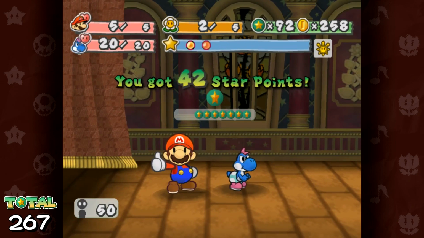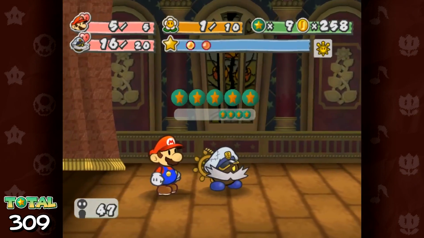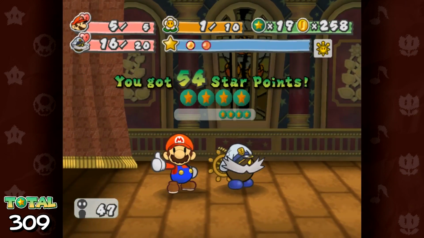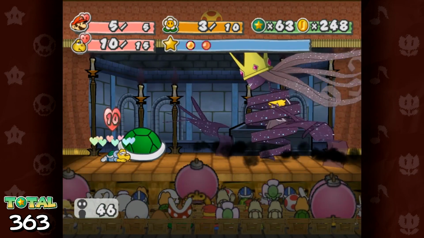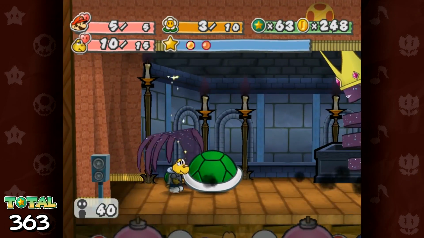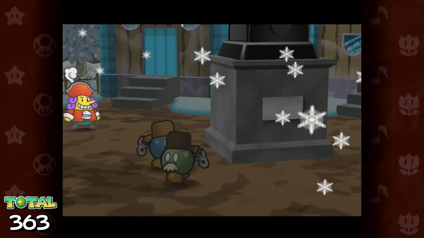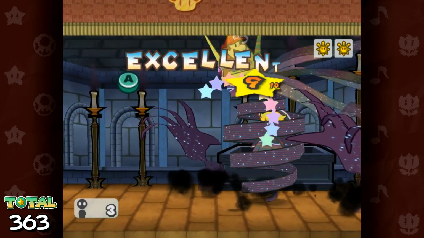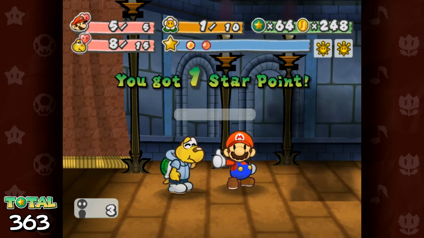Wrecking Grotus gives us 42 more star points. Wrecking Bowser and Cammy gives us 54 more star points. And then, it's on to the Shadow Queen. The battle itself really isn't that hard, seeing that I bought Infinity Power Rushes, but the invincibility phase can be a bit butt-clenchy. After a real long cutscene, it's pretty much a power rush to the end, and we get our final star points, making our total